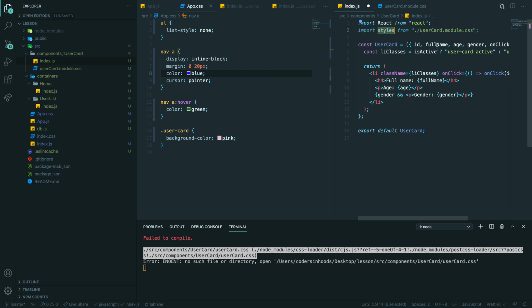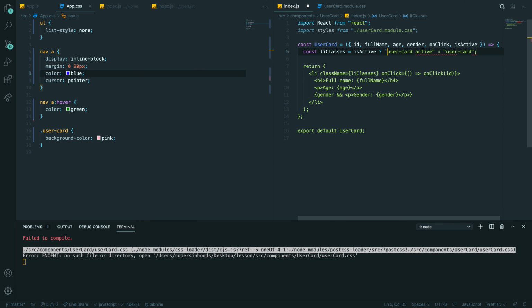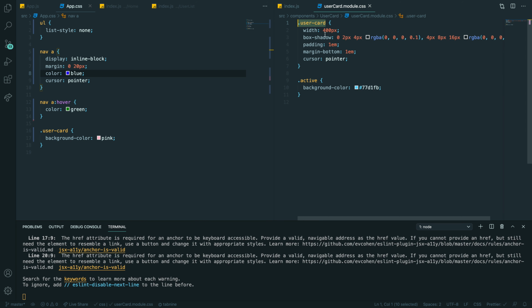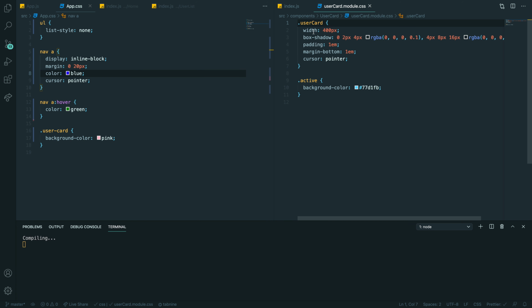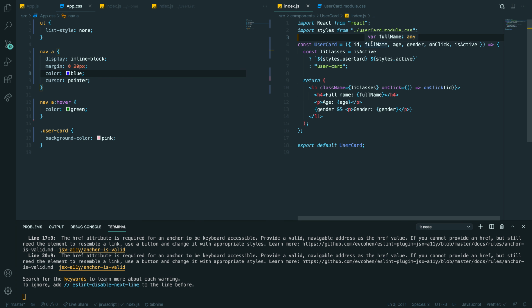And here, now you need these classes as variables, as JavaScript variables, styles dot user card and styles dot active, right? So we probably need to rename our card to capital user card because JavaScript doesn't recognize hyphens.